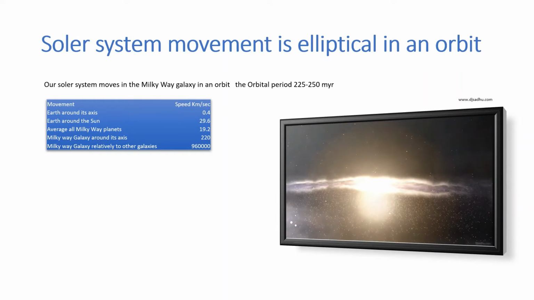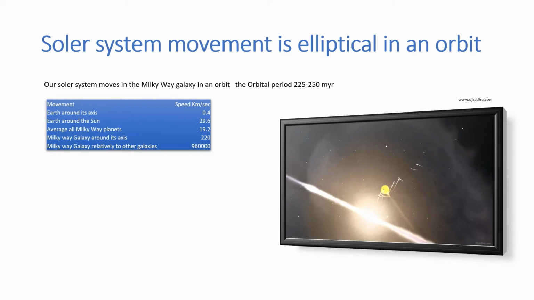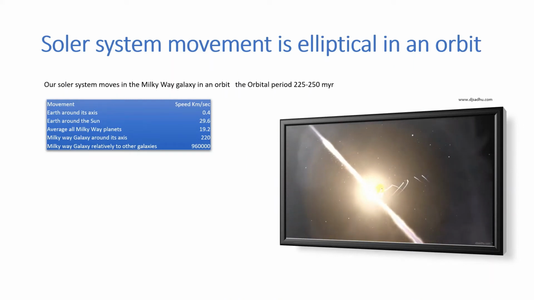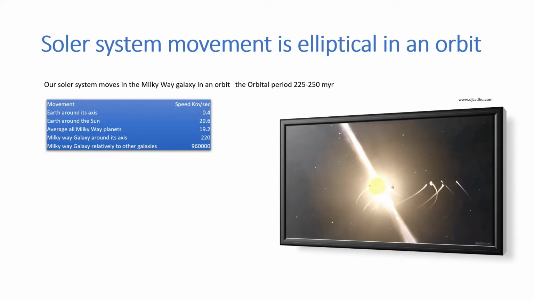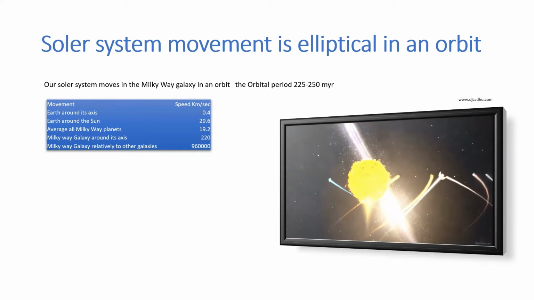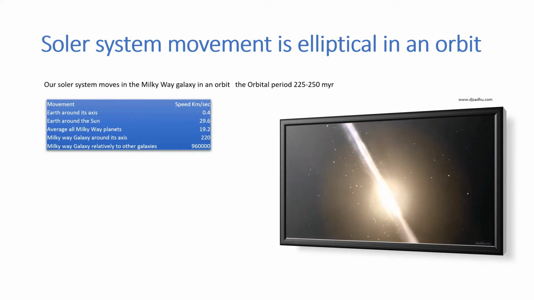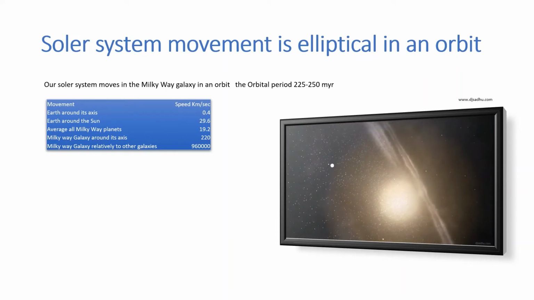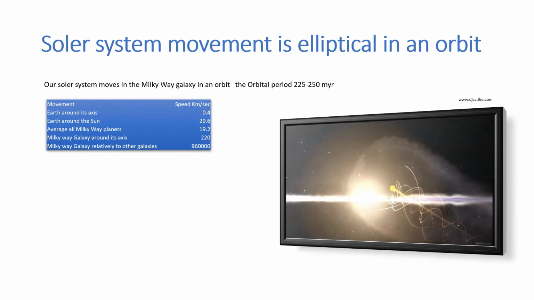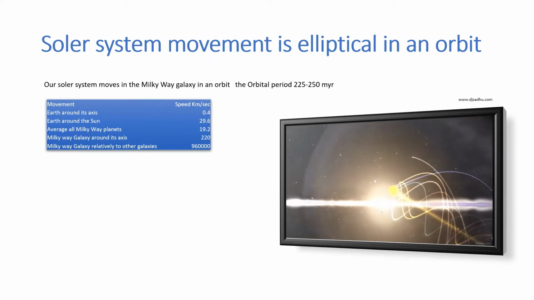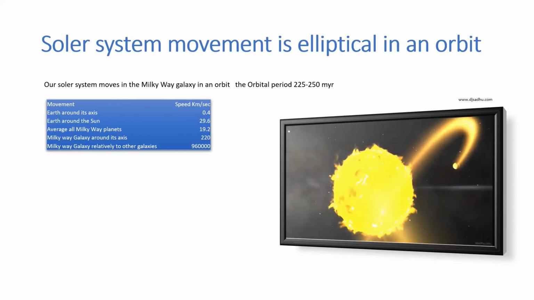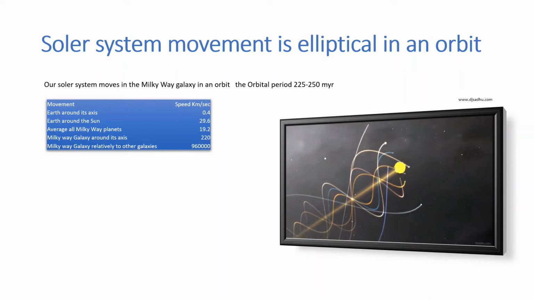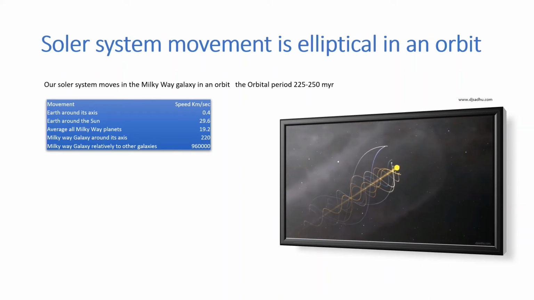The Earth is orbiting the Sun at a speed of 29.6 kilometers per second, and the average of the Milky Way planets is also moving at a speed of 19.2 kilometers per second, and the Milky Way galaxy around its axis is also moving at a speed of